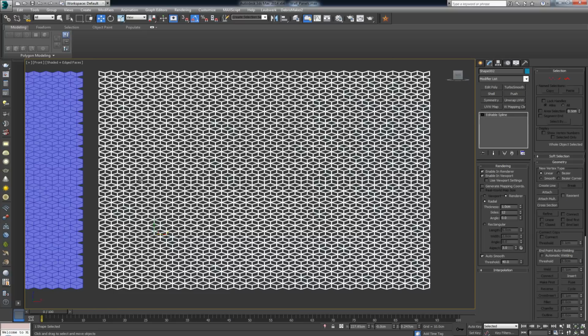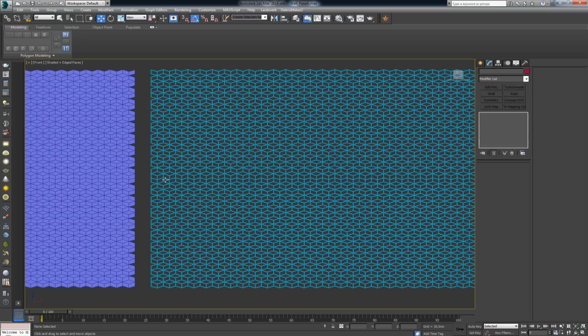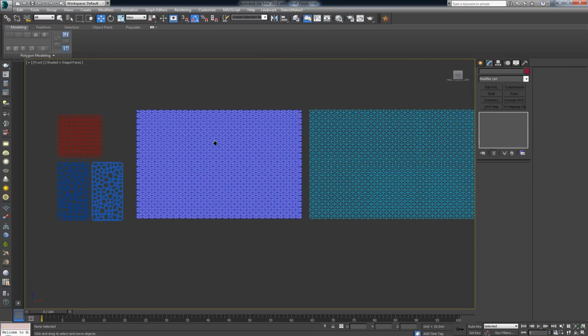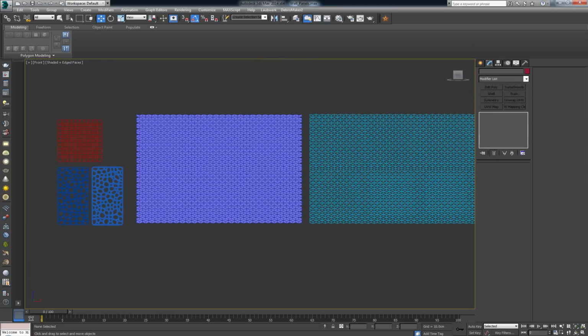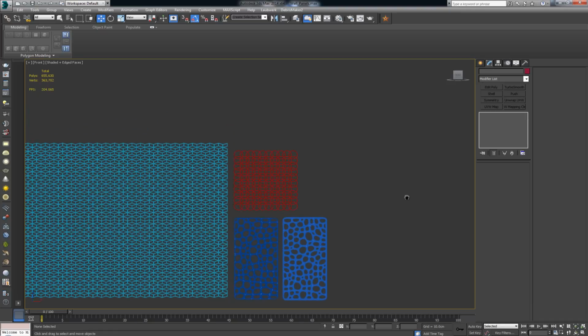Now, in my case, as you can see in the middle here, I have a problem, but that's basically because when I was pulling it upwards, I guess I mixed up one of these edges, and that's why we have this in the middle. But without it, as you can see, everything looks perfect. Now, let's continue over to the last